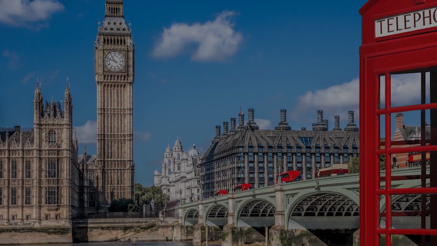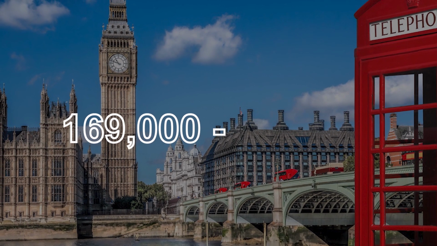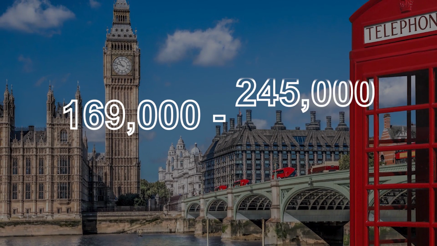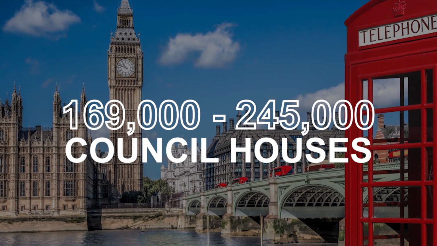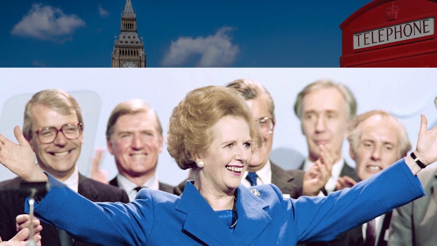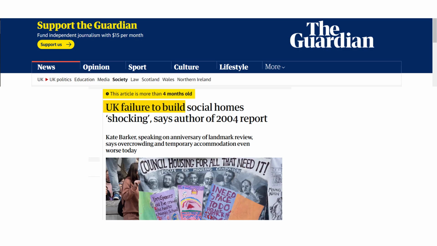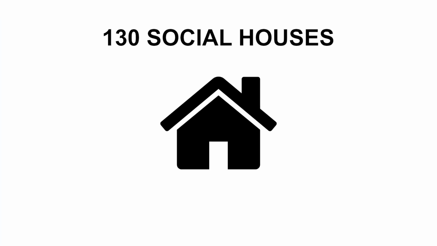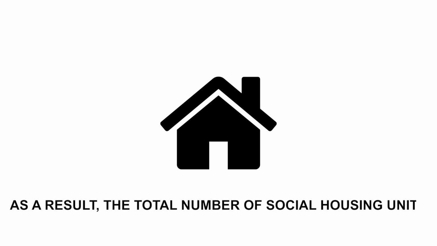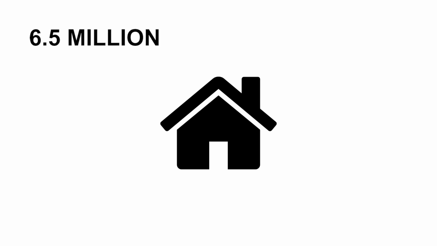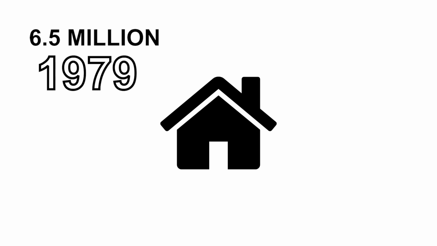After World War II, they used to build between 169,000 and 245,000 council houses each year. By 1979, the year Thatcher was elected, they only built 86,000. This number kept dropping and reached a record low in 2004, when only 130 social housing units were built. As a result, the total number of social housing units dropped from 6.5 million in 1979 to around 2 million